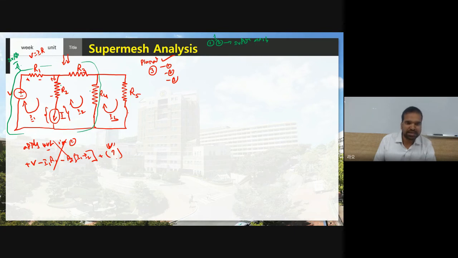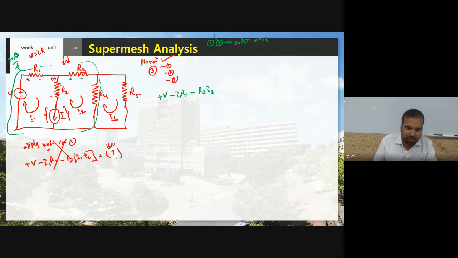This minus to plus, okay, plus. And here, what current is flowing at R1? I1 current is flowing, so this is plus V minus. So what is the voltage at R1? I1 R1. Here you should not consider this R2 and the current source. Then you have to come to R3. As per loop 2, I2 current is flowing, so this is plus to minus. Therefore minus R3 I2, this is the voltage at R3.